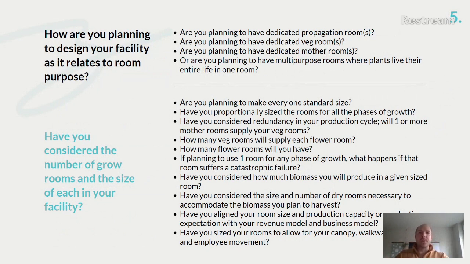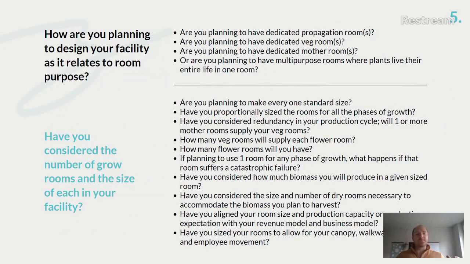But then that asks the question, if we're only going to have one room in any one of these steps in the process, what do we do if there's a catastrophic failure in one of those rooms? What type of redundancy do we have? And in an ideal world, we like to have at least some level of redundancy in the event that there is some type of catastrophe. We want to make sure that we're covered, because this crop is so valuable. And if we have a challenge with our supply chain where we stock out of our product, one of your competitors is waiting to step in to fulfill that shelf space. And ultimately, once you have that shelf space, you truly never want to give it up.